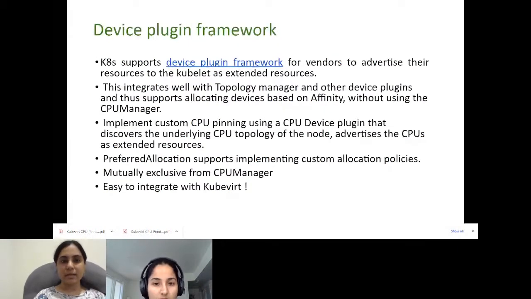So the device plugin basically runs as a daemon set on every node in the cluster, and it's going to discover the underlying CPU topology of the node, and it's going to advertise the available physical cores on the node as extended resources. One of the nice things about the device plugin framework is that starting with Kubernetes version 1.19 and upwards,